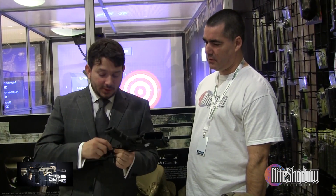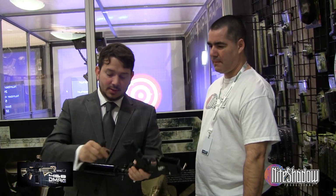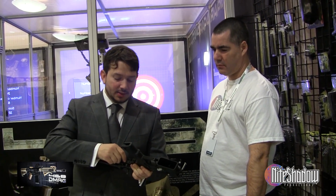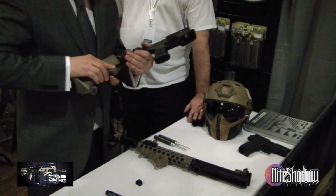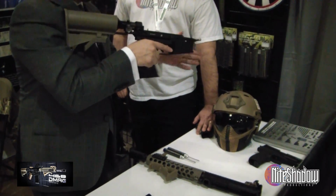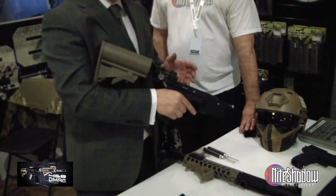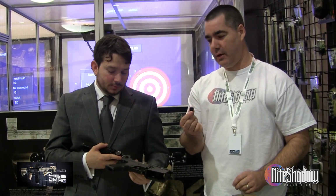Correct. This is actually very good and very important for you refs to know about. This little collar right here prevents this bar from pushing in. Since this is your velocity adjustment and also the mechanism that holds it in place, you want to avoid somebody pressing it in against a buttstock directly to here. If they press in, you see how there's that movement forward? That movement forward will affect velocity. So even if they chrono at a lower speed, by doing that it would change the velocity to a higher reading. So if you see a 468 out there in the field being used, and you don't see this collar in,